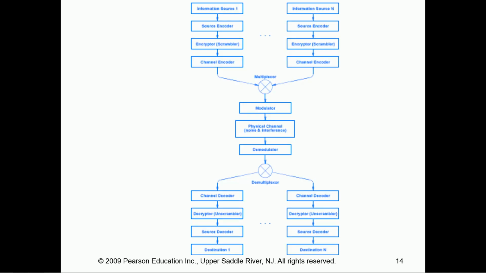Here we go. This is our nice, lovely, complex topic. Information. We encode it. We encrypt it if need be. Then we actually encode it on a channel, and we send it to a multiplexer. It gets modulated, gets sent over the wire, it's demodulated, decoded, de-encrypted, and received by the destination.